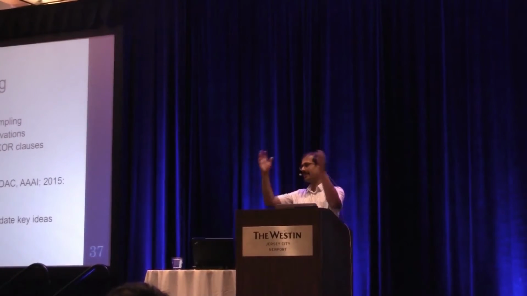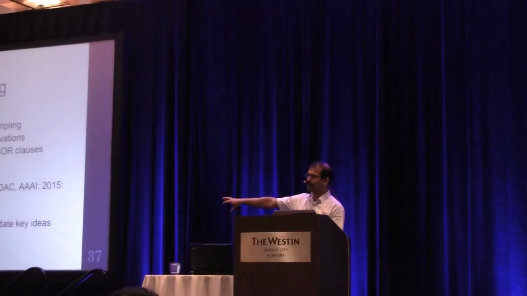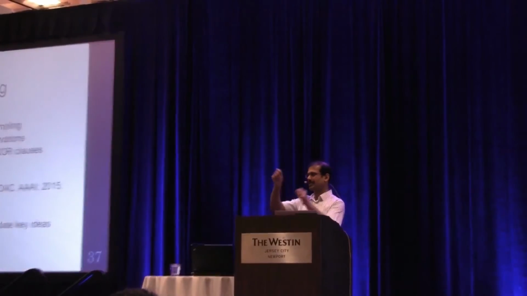Right? So in your entire space of assignments, the solutions might be in one corner. So if you just randomly sample from the space of assignments, you're not going to reach there. So what we do is we partition it randomly. We take the entire space and partition it randomly, such that all the cells now have roughly the same number of solutions. And then I pick a cell randomly and then I